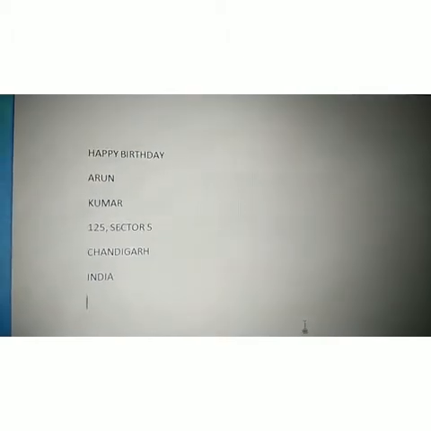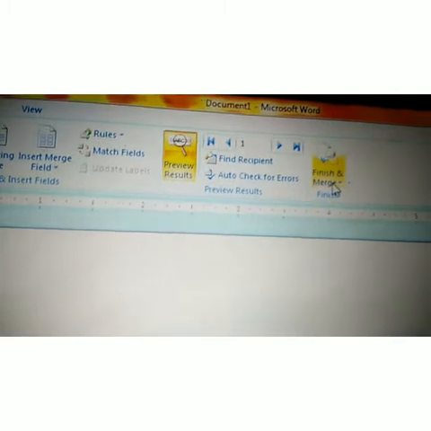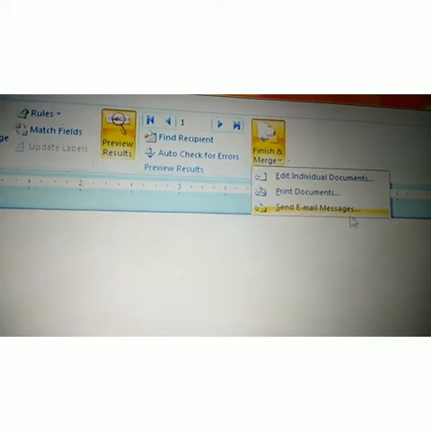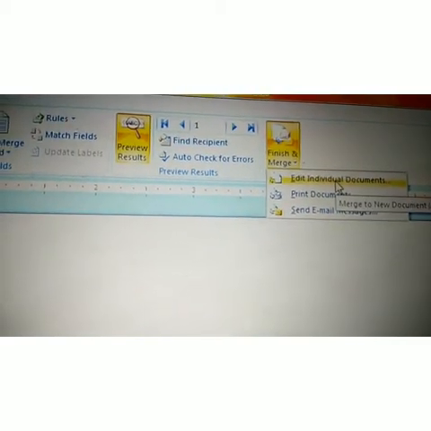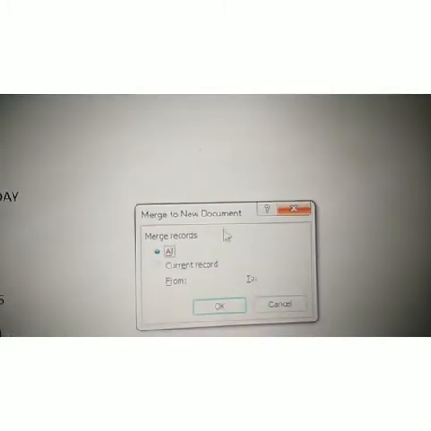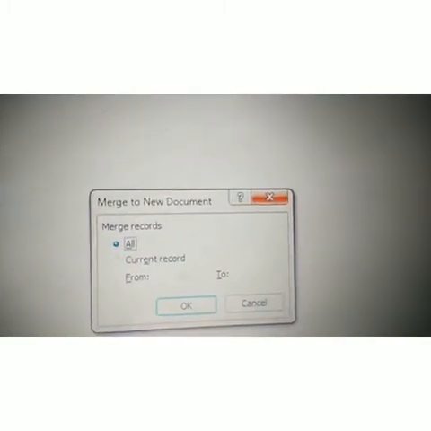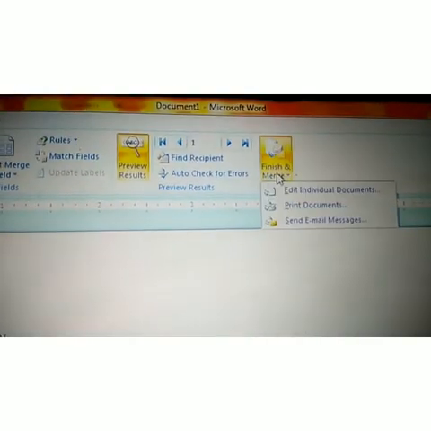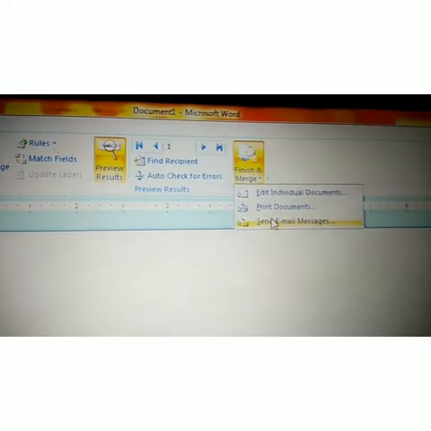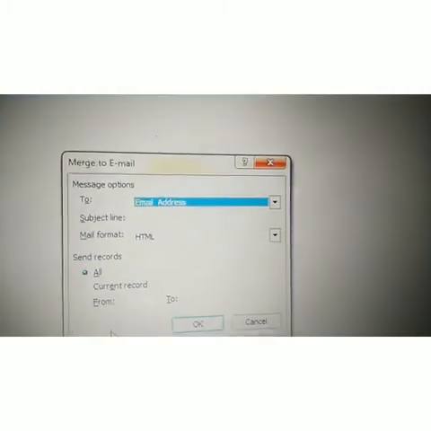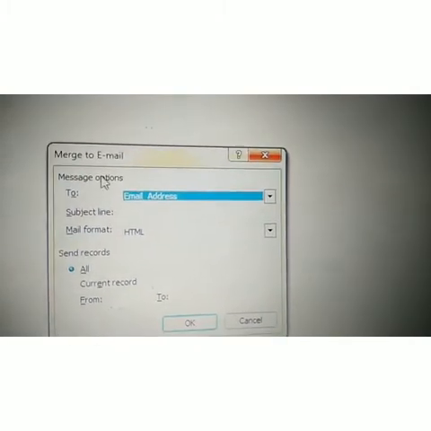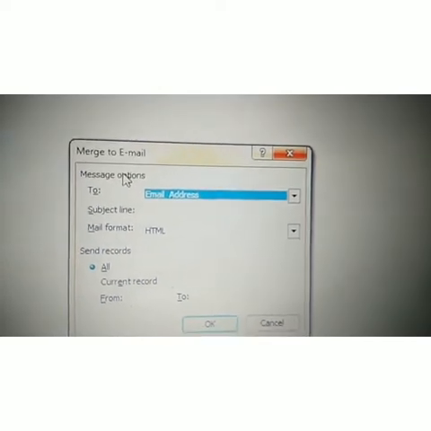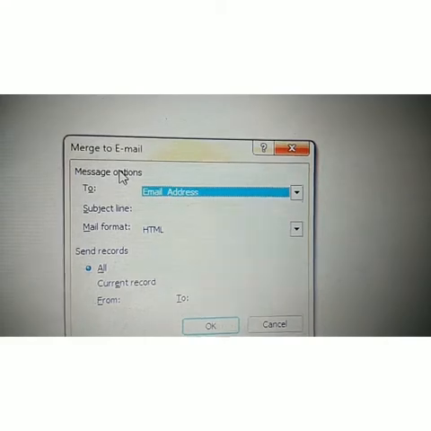Okay, then after that you can see the next and last procedure of mail merge, Finish and Merge. Just click and you can see Edit Individual Documents, Print Documents, Send Email Messages. So firstly we see Edit Individual Documents, which means you can edit the records. A dialog box will open, Merge to New Document. See, merge records: all, current, from. Okay, then the next option is Print Documents, then last, Send Email Messages. Finally you can maintain it properly, and after that you can send this merge by email. So students, this is the procedure of mail merge in our Word file.